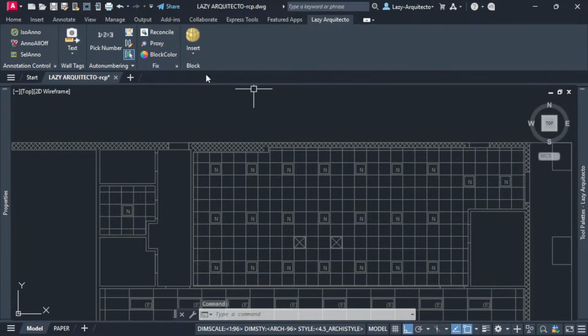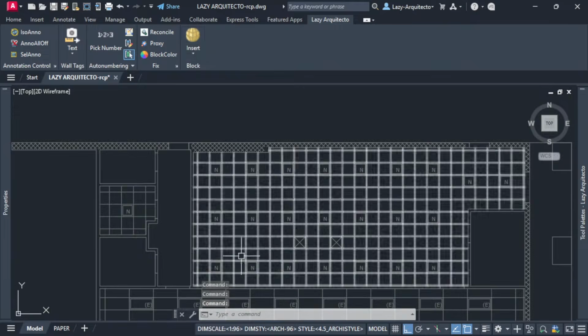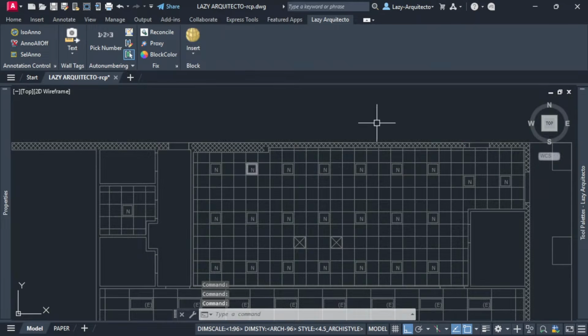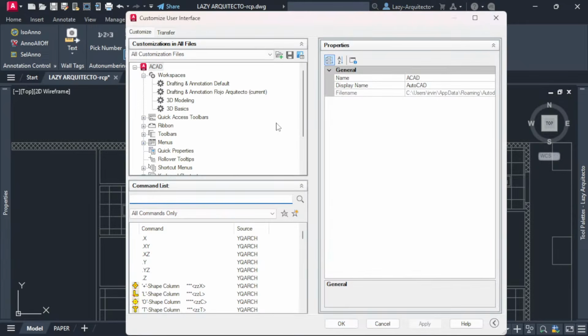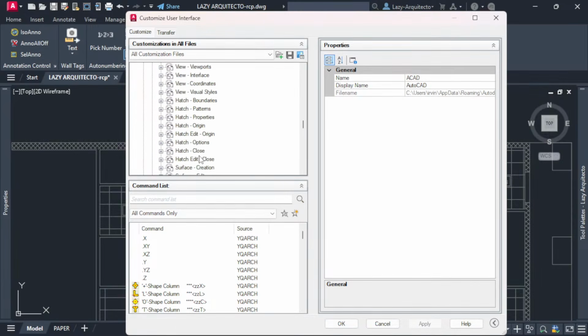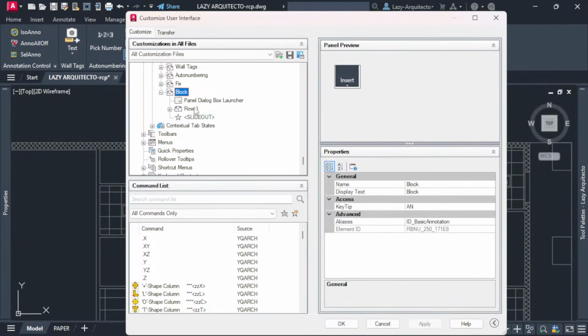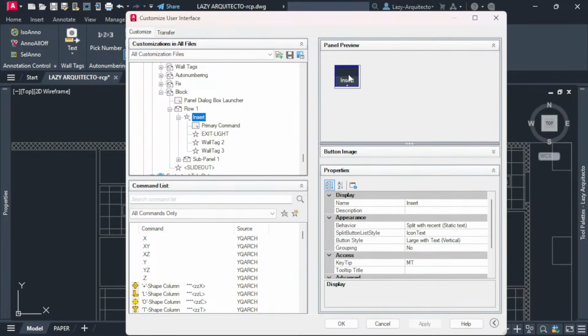Now, of course, if we use that, nothing happens because again, we have not added our macro code to this command. Okay, so let's add the macro code to our command and change that image. Let's go back to the ribbon, panels, and blocks, insert, so for the insert,